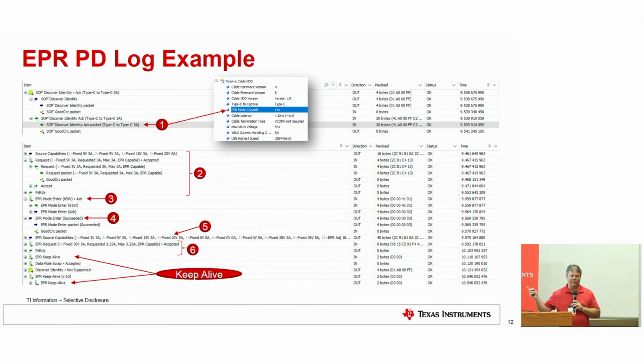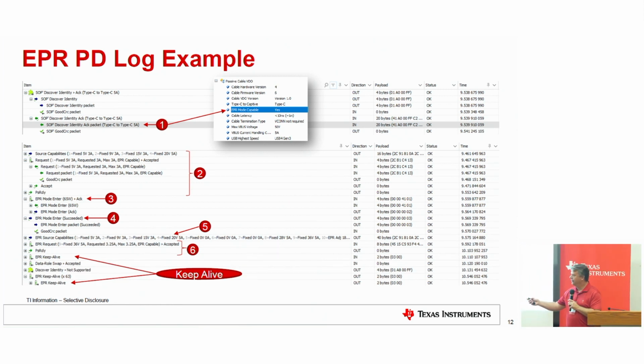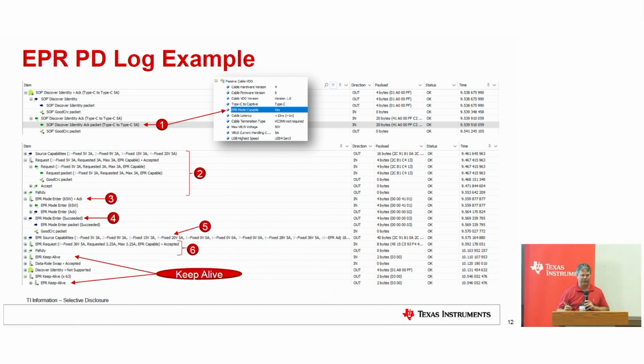Whoever makes a cable and claims it's EPR capable provides the details within the cable, in the chip in the cable. There's a little chip that gets powered over the unused CC line. When they check that box that it's EPR capable, they are guaranteeing that it'll be able to work at up to 48 volts and 5 amp passing through that cable with no issue.